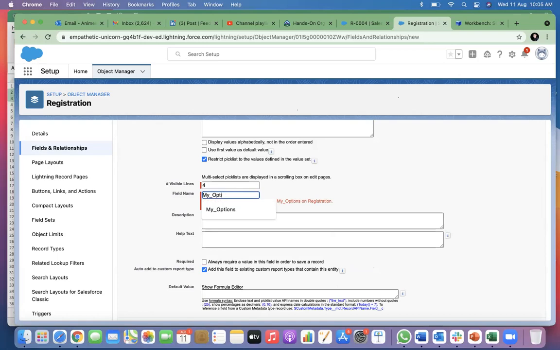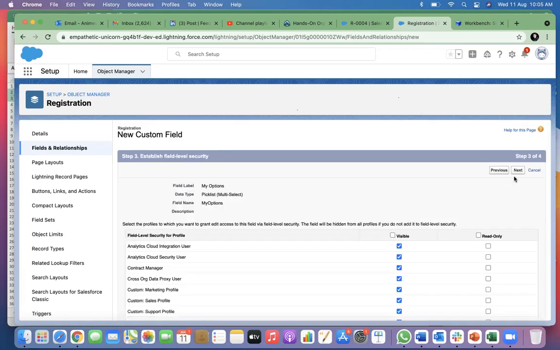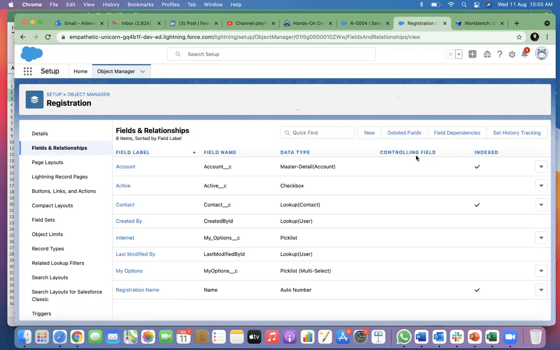My options is already there. API name needs to be changed. Save. This internet should have been renamed.